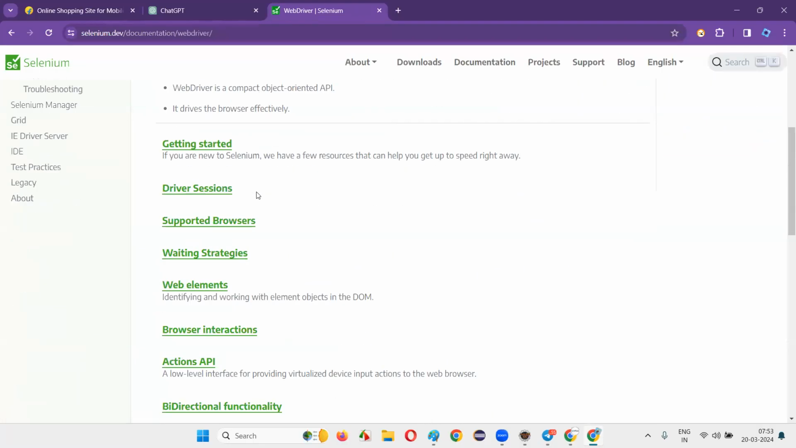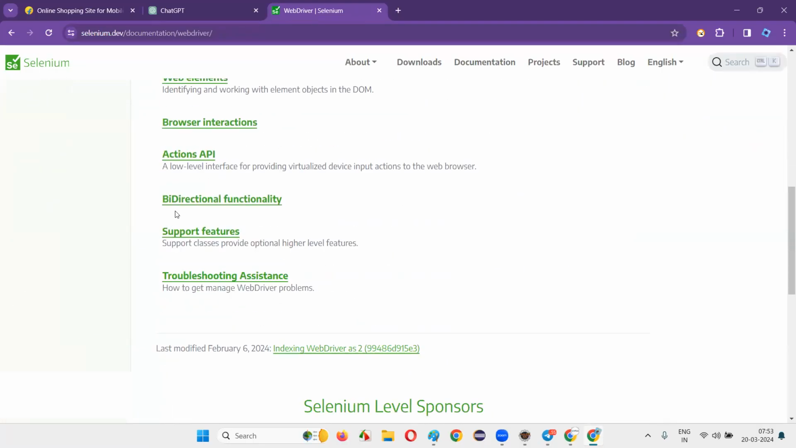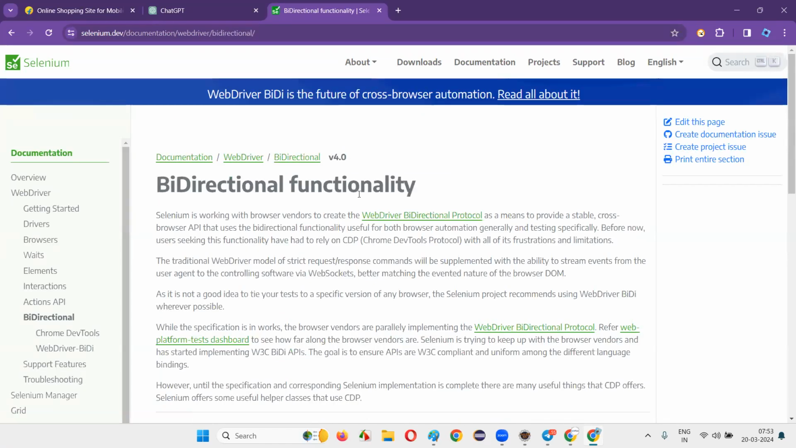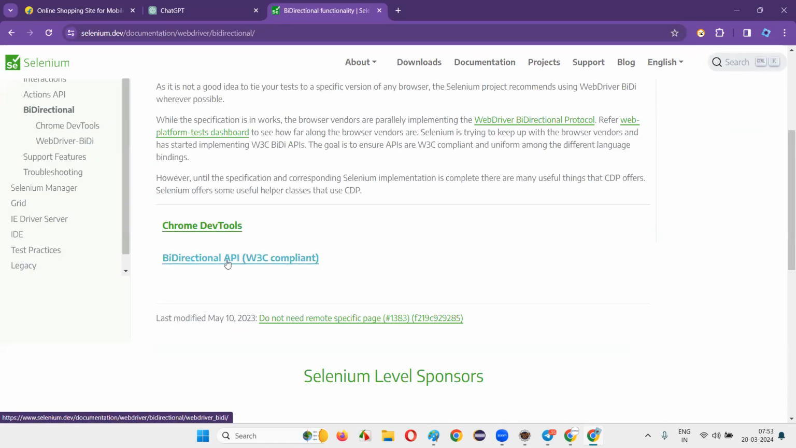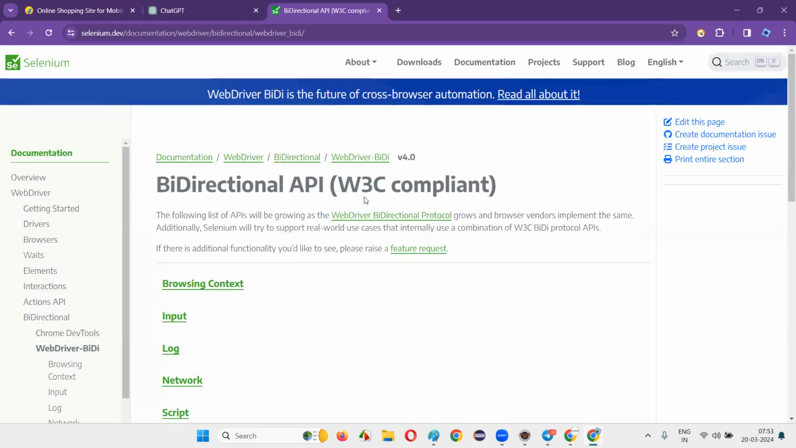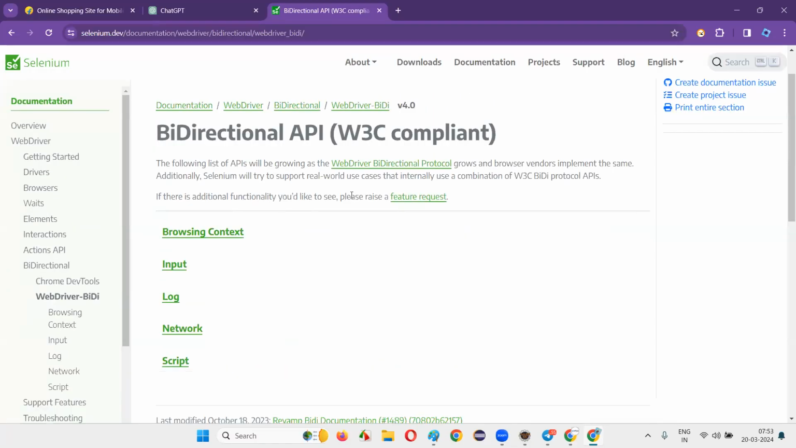Once I click on the WebDriver, if I scroll down, a lot of topics came. In one of the topics was bidirectional functionality. I just clicked on that. Then in that bidirectional functionality, bidirectional APIs W3C compliant is there. I clicked on that. Once I am on this page, here you see a lot of things you can do,